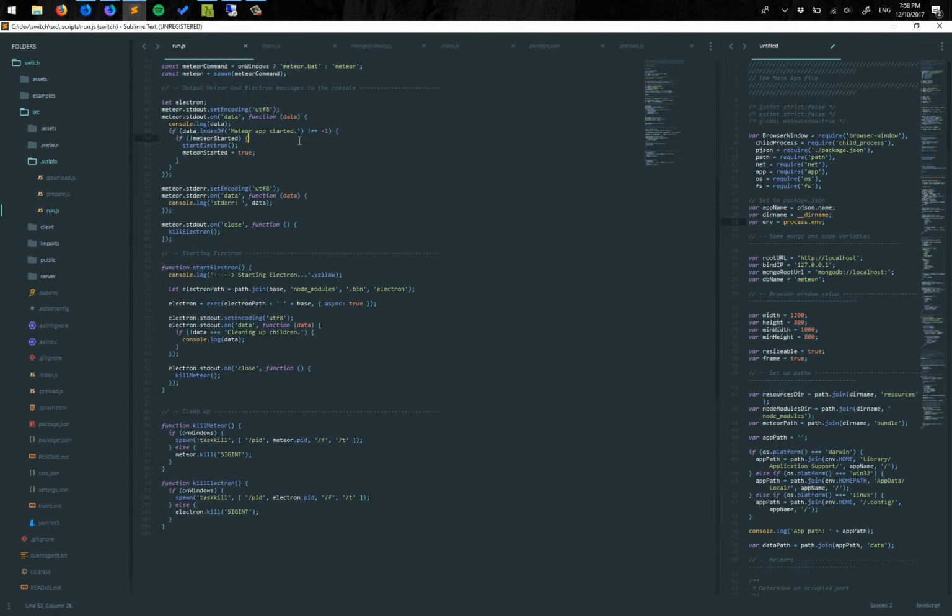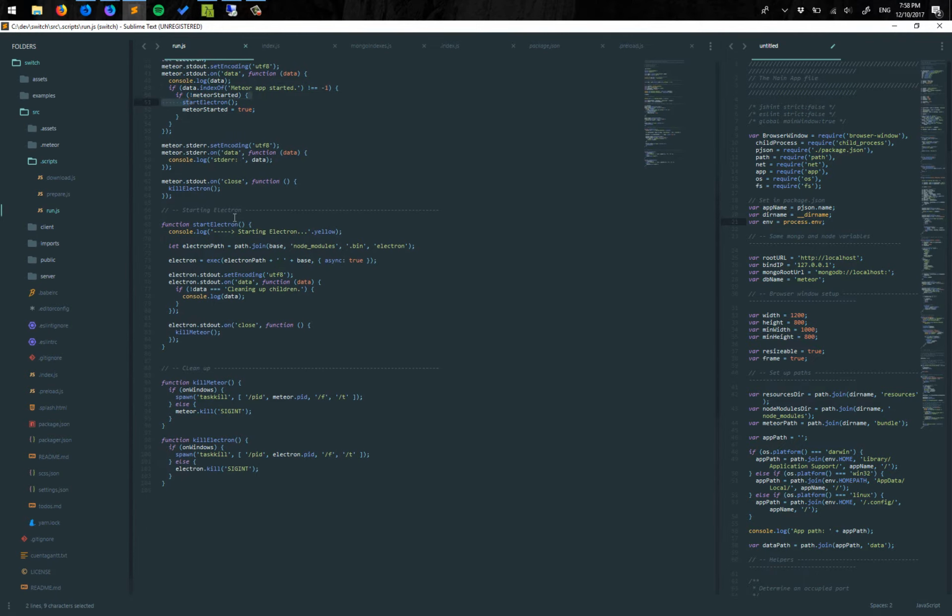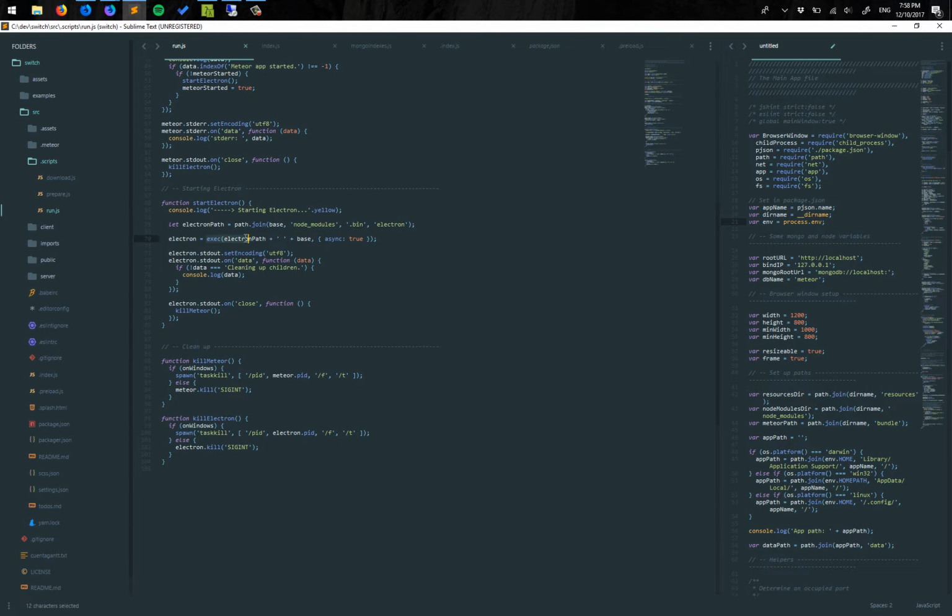The start Electron function runs after Meteor has been started. So for starting Electron, you print something out. You get the Electron path. This is the actual absolute path where the Electron binary file is, which is in the node modules folder. And then you execute, again this is from shell.js, you execute the Electron path, and you have to pass where the application is, so the root folder for the application, and then this is just the base folder for the source. And do this asynchronously, so return immediately,